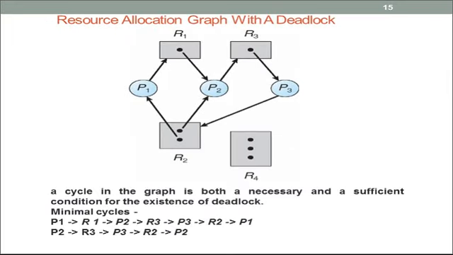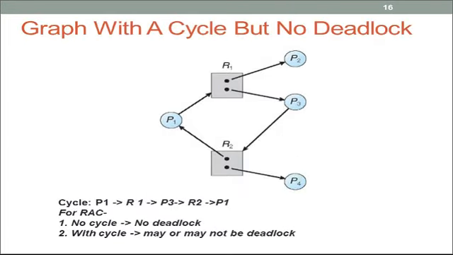Now suppose we add one more edge from P3 to R2. In this case, this graph will have a cycle. The cycle is R2 to P1, P1 to R1, R1 to P2, P2 to R3, R3 to P3 and P3 to R2. This is the outer cycle, and there is another cycle: R2 to P2, P2 to R3, R3 to P3 and P3 to R2. As this graph has a cycle, and a cycle is the necessary and sufficient condition for the existence of deadlock, we can say this resource allocation graph is showing a deadlock of resources